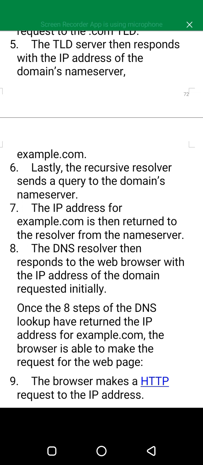Once the 8 steps of the DNS lookup have returned the IP address for example.com, the browser is able to make the request for the web page.